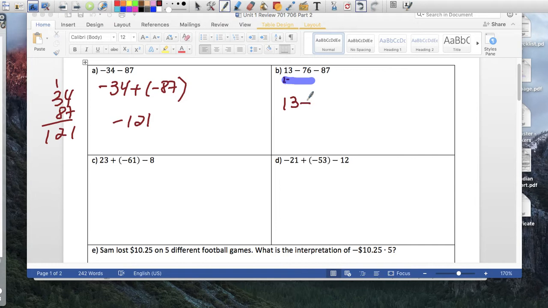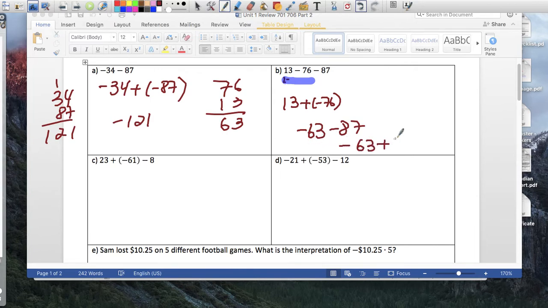So 13 plus negative 76 is what you should be looking at first. There's more negatives, so let's find the difference between these two. And you get 63, negative 63, which you're going to subtract 87. You can change that to addition, and you get negative 63 plus negative 87. A bunch of negatives together becoming just a happier group of negatives, and you get 150 if you add 63 plus 87, and everybody's on the negative